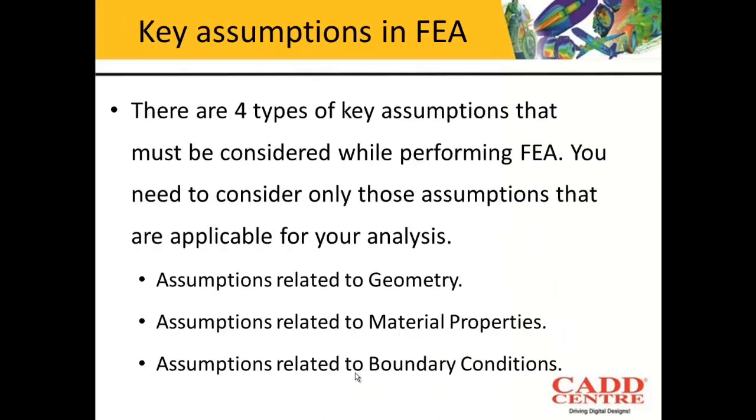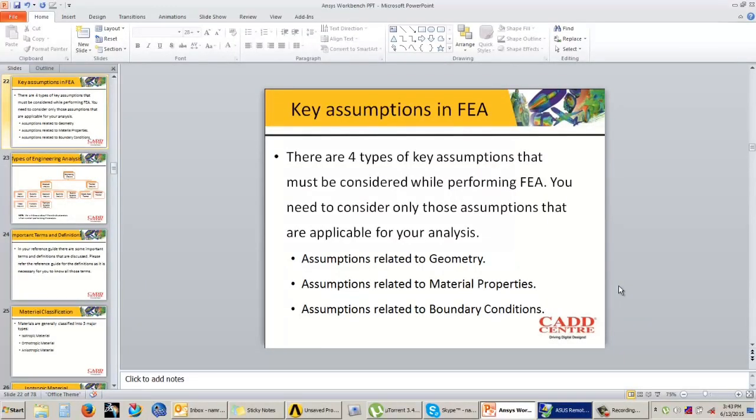After that, let us talk about the assumptions in FEA. Now there are many assumptions in FEA, but we will only consider those assumptions which are necessary for our analysis. So these are assumptions related to our geometry, assumptions related to our material properties, and also assumptions related to our boundary conditions. All these assumptions, with respect to the geometry, material properties or boundary conditions, are mentioned in your reference guide on page number 10. So you can refer to your reference guide for understanding these assumptions. Let us move to the next topic,